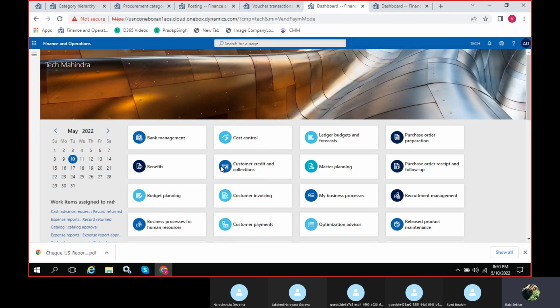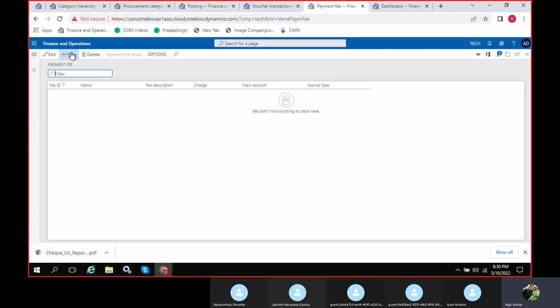Payment fees. See, payment fees again, guys, at the bank level, if you are making payments to your vendors or suppliers, there would be some percentage of fees charged by your banks, right?